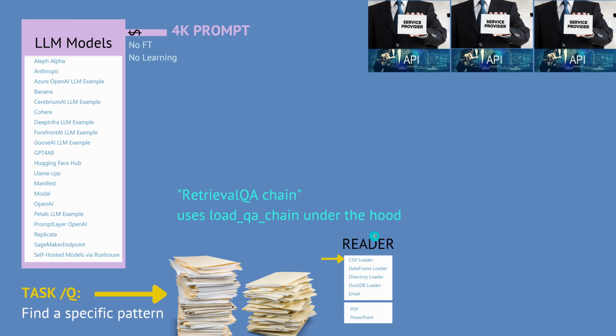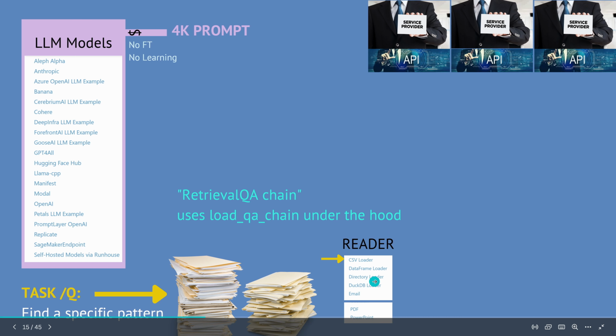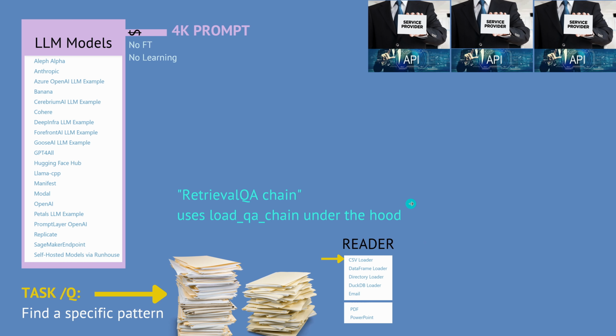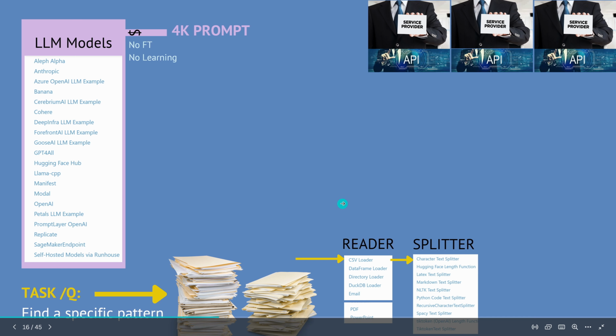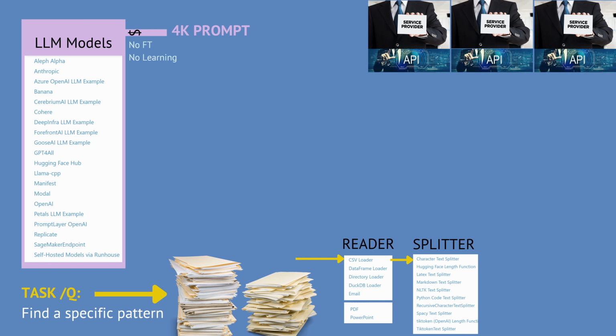We need a reader, and LangChain gives us a reader: CSV files, data frame loader, emails, PDF, PowerPoint, Word documents. I think more than 100 readers are available. So whatever form your document is, you find it here in the reader. Beautiful. Second, if your PDF, as I just showed you, has, I don't know, 100 pages, you have to split it in chunks,